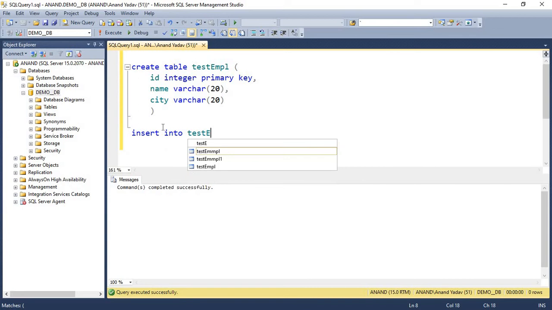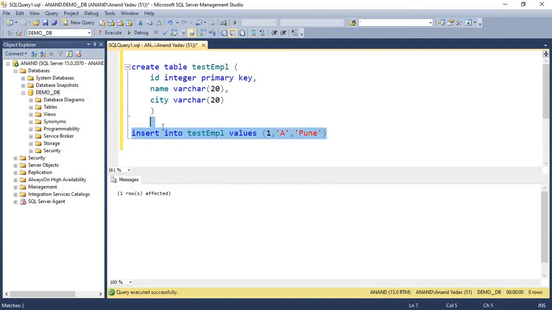Let me quickly demonstrate how it works. Insert into test employee, id 1, name as a, and the city is Pune. This value will be accepted as it is the first value and it is unique in this table.